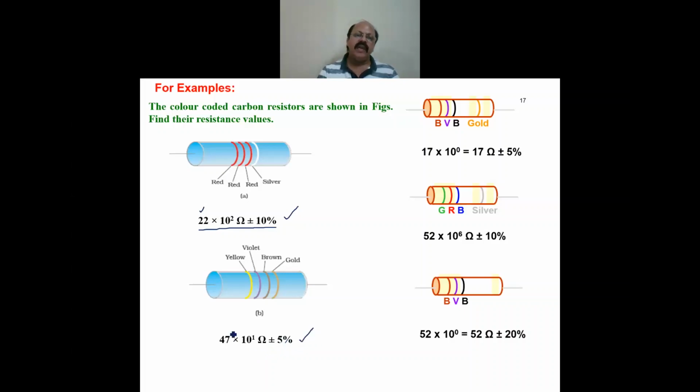Sometimes in your exam they give the values and then ask you to write the colors of the rings. So that's why it is very important to remember that sentence, the order and their values. That is, B.B. Roy goes to bring very good wife wearing gold silver necklace. Similarly, some more examples are given here. So you understand and calculate the values with the help of that table and the sentence, then verify whether these values are written correctly or not, and try yourself.